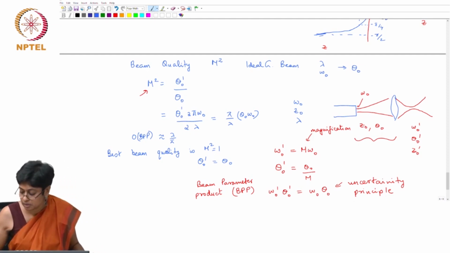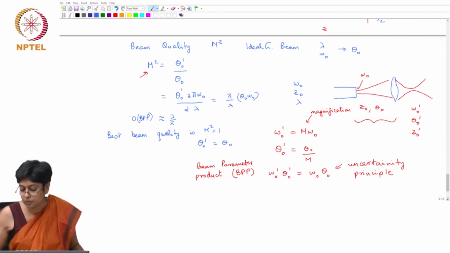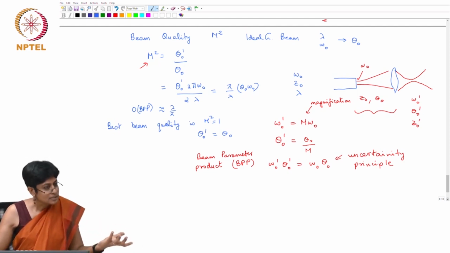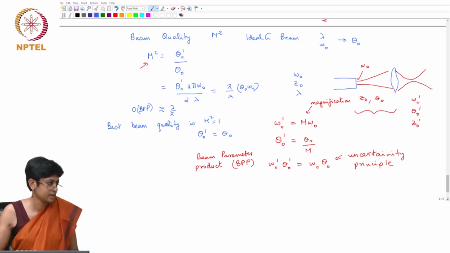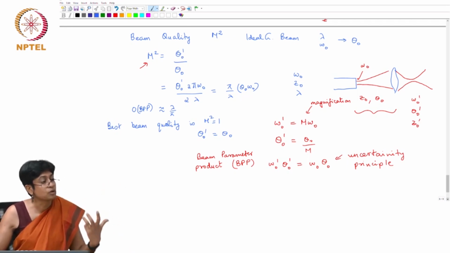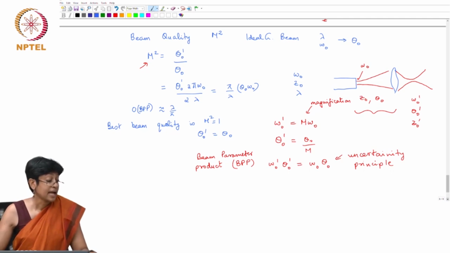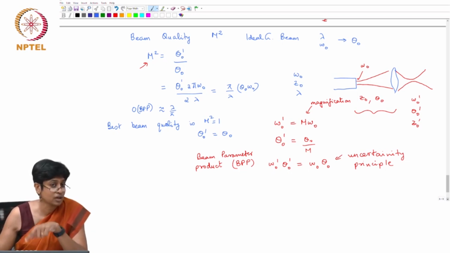So you can think of the m squared: if you have an m squared value that is greater than 1, it indicates the non-Gaussian nature of the beam you're looking at. If m squared is equal to 1, you're looking at a Gaussian beam, and 1.1 may still be considered Gaussian, but as you go to higher and higher m squared values, the beam is going further and further away from its Gaussian nature. And in fact, if that were the case, the expression we wrote down for the phase of the Gaussian beam means that the beam doesn't exactly follow that expression.